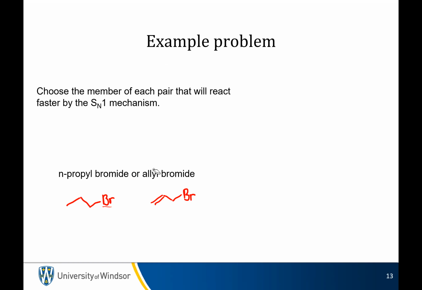So what's not a waste of your time is figuring out which one of these is going to react faster by the SN1. If we think about what's happening in the SN1, the leaving group leaves to infinity in the first step. And what determines the rate of the reaction is how fast that leaving group leaves. So if the leaving group leaves, I'm going to have a carbocation here, and a carbocation here. They both have bromides. They haven't told me anything about the solvent or anything else, so I assume it's all going to be the same. If both are bromides, the bromides cancel each other out, so I don't need to consider those because those are the same. So I'm left with considering the structure of the electrophiles.